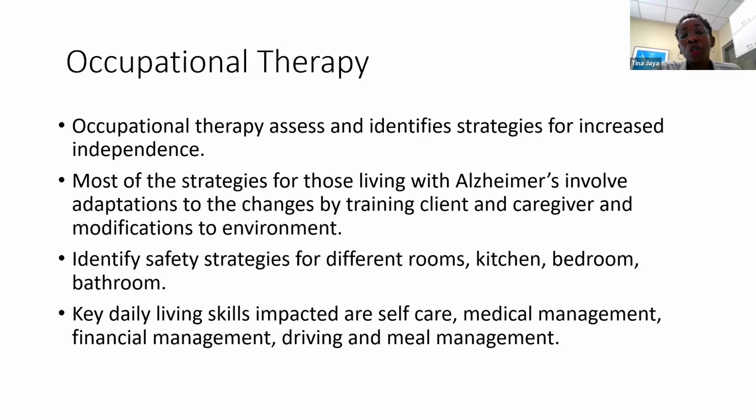We also look in clinic and in home environments to identify strategies to increase independence. When we are in the home setting, or even when you come into clinic, one of the ways we focus on safety and address all the physical changes is to discuss room by room what the safety strategies are based on the stage. So for example,